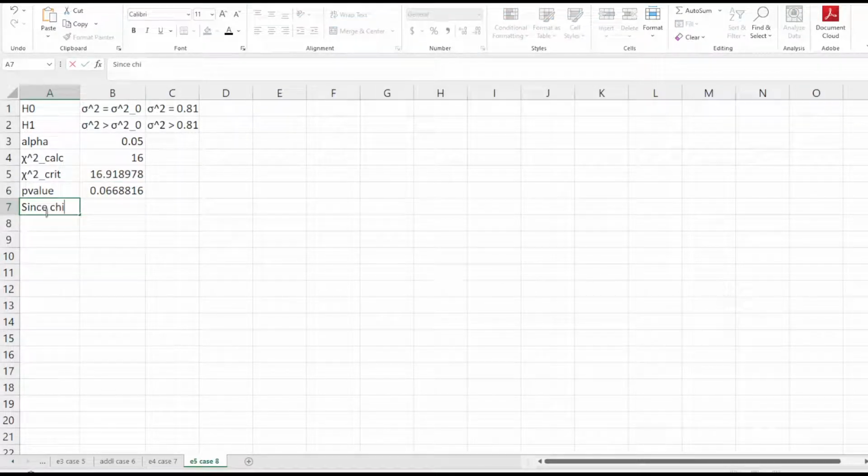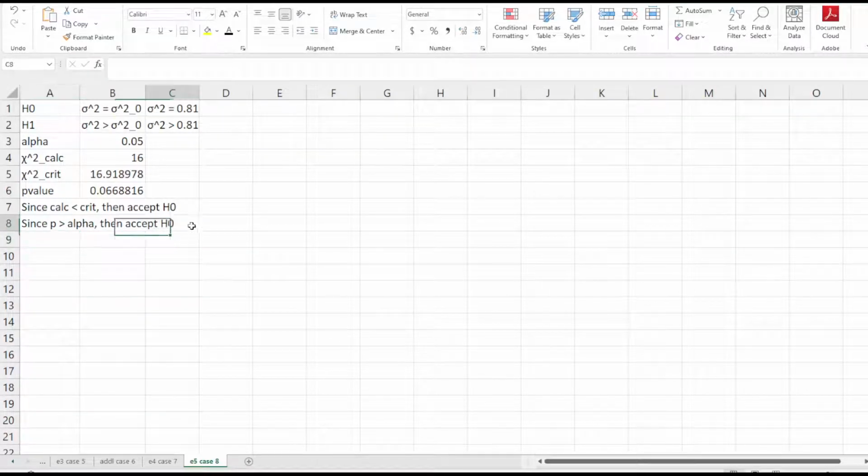Since chi-square, lagay ko na lang calculated is less than critical, therefore then we accept h naught. Tapos since p value is greater than alpha, then accept h naught. Tama, no? So again, magre-reject lang tayo ng h naught if our calculated is greater than the critical or yung absolute value, no? Pero in this case, since this is